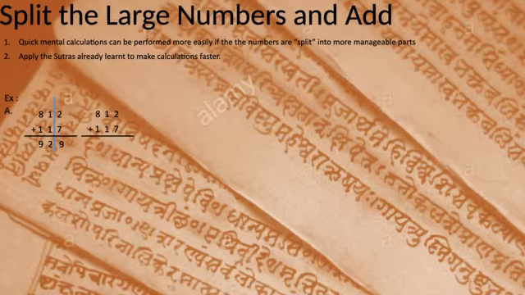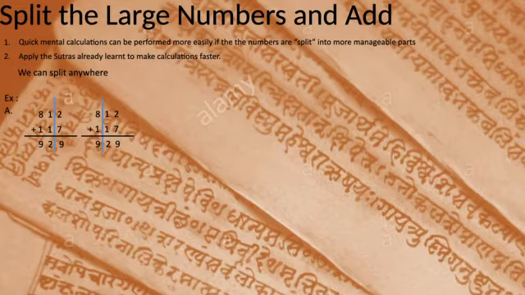You can also do it this way. You can split them at the hundreds place, so you can add up all the hundreds first and then the tens. When we do it, 800 and 100 makes it 900, or rather 8 and 1 makes it 9. A 12 and a 17 makes it 29. So the answer remains the same. This says that we can split anywhere to make it into a manageable part and then add them up, and we get the same answer.